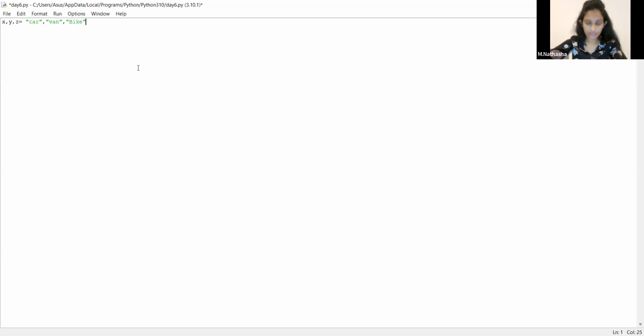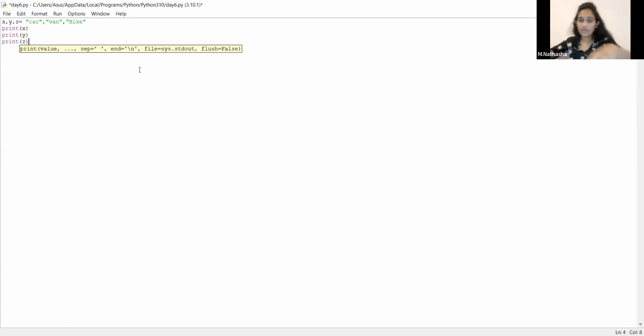Okay, then we want to print those values. How to call those values? Print x, print y, print z. Okay, let's run the program.